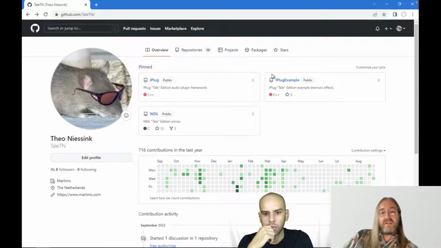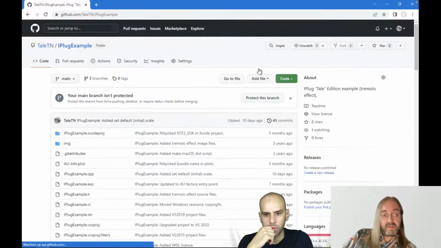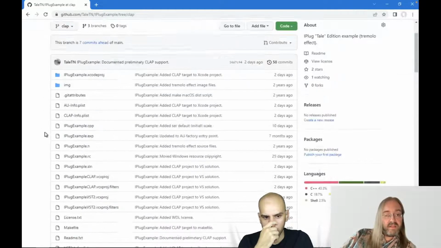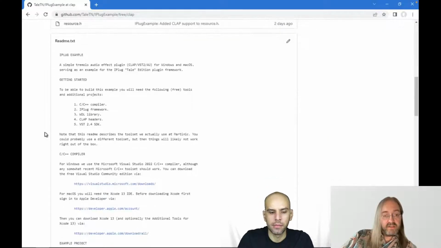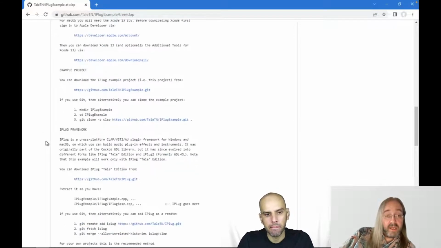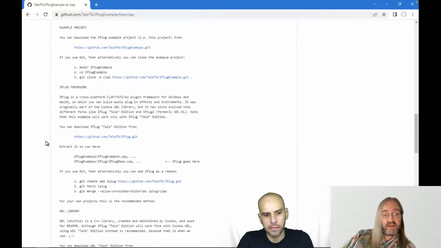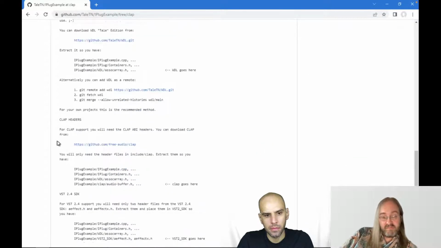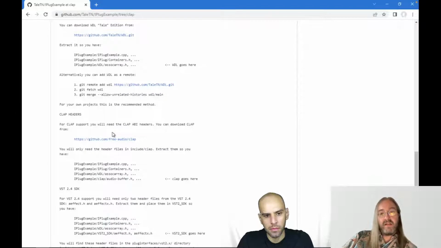And then that means you have to download the headers yourself. But I have an example project for my iPlug fork, and by now that also has a clap branch. There I've explained how to do that in a README how-to document. For the clap part, I've just pointed it to the clap repository, and you can just download the zip file there and then extract only a portion of that zip file, because that's all you need.